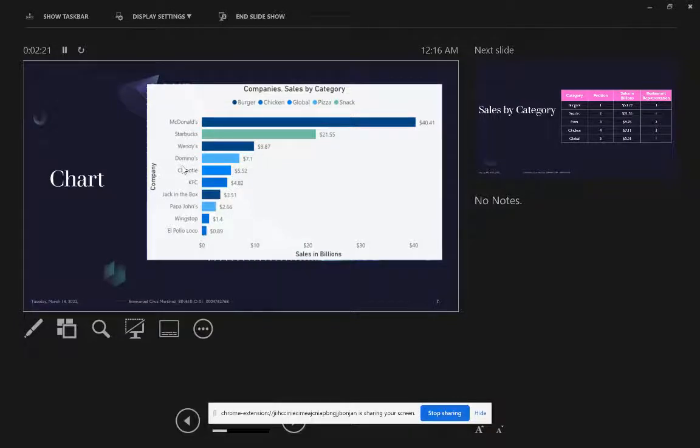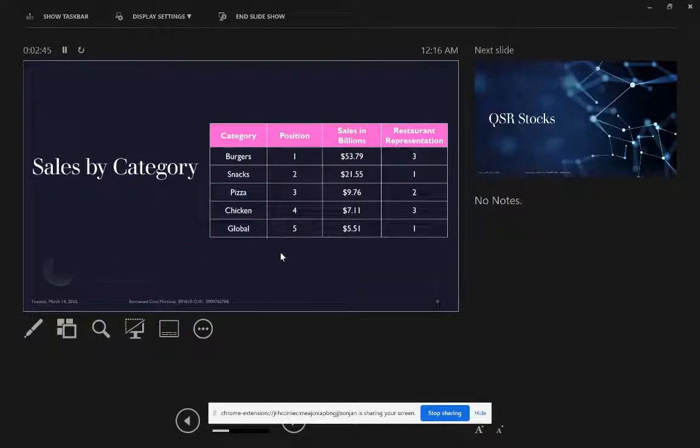This other chart represents the category where each is located. For example, just burgers. Is the company chicken or another protein? A global category that is different or international food, pizza, or snacks that includes coffee, famous coffee, for example, Starbucks. Six categories are chosen. The 10 restaurants presented are divided in these categories. Three are from burgers, one for snacks, two pizza, three chicken, and one global.